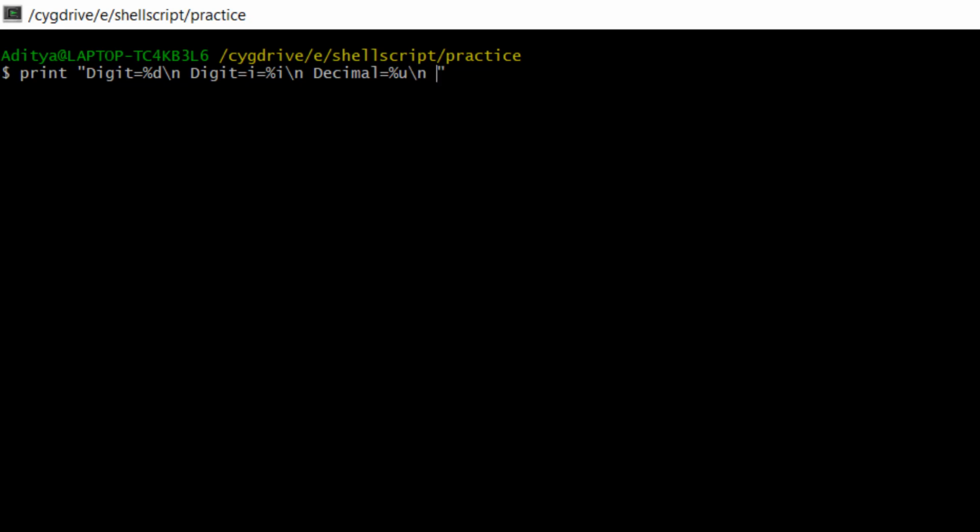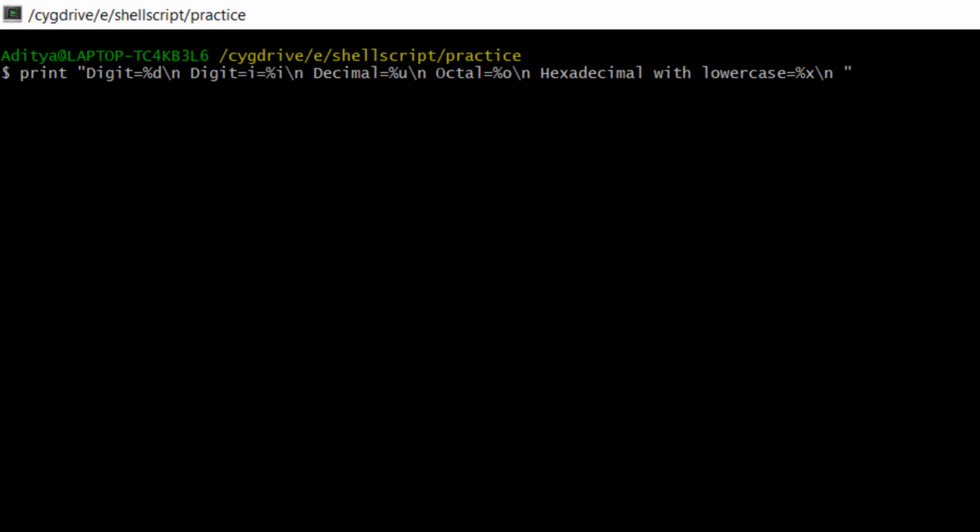Next octal, again here I will give a line change. Now hexadecimal with lowercase, right? Hexadecimal with lowercase. Now you can check it out here, x, line change again.